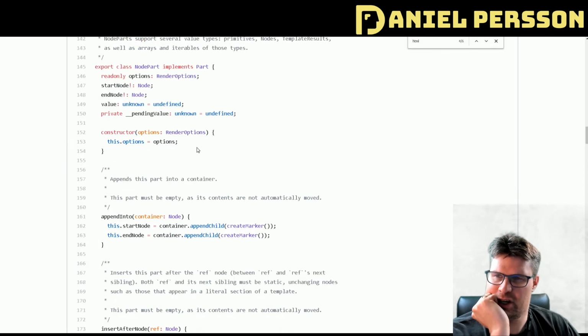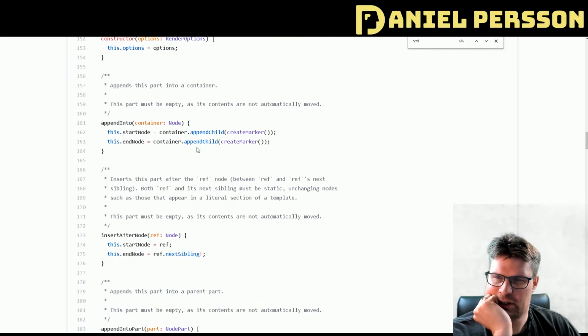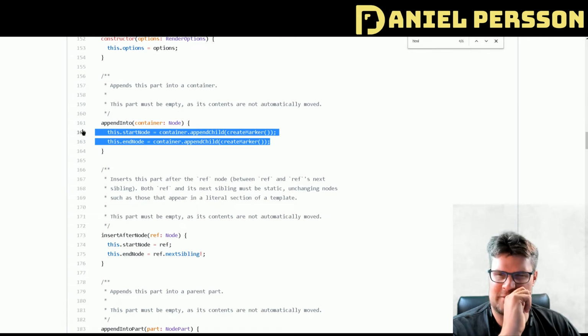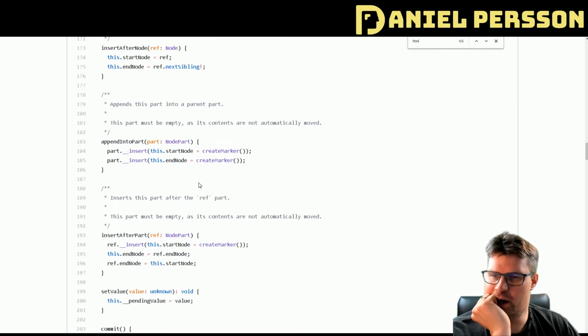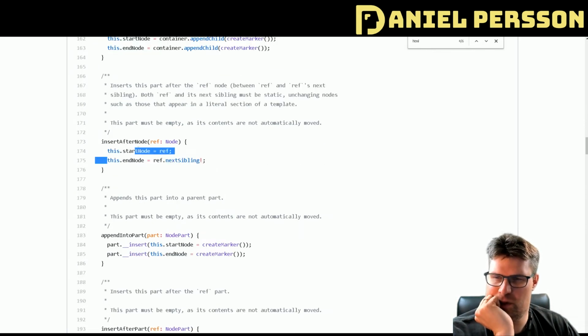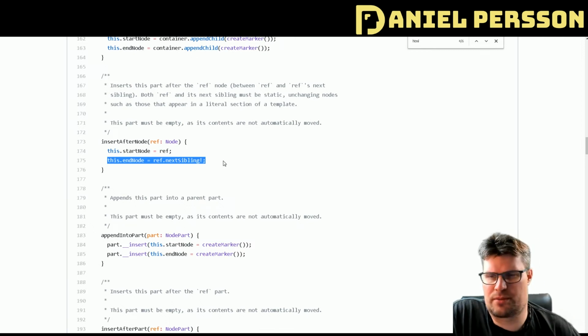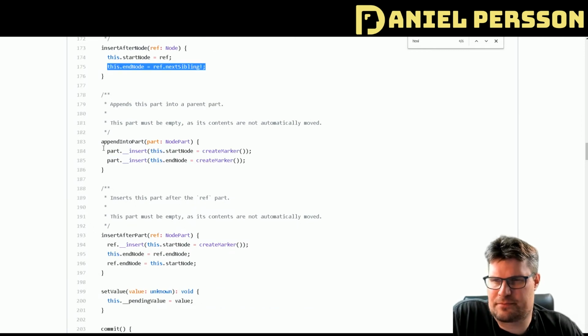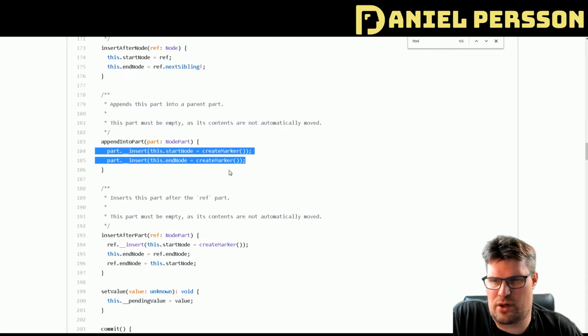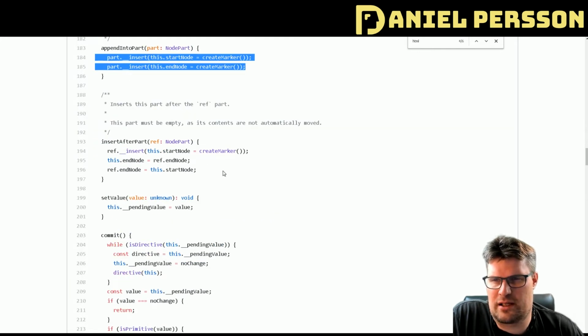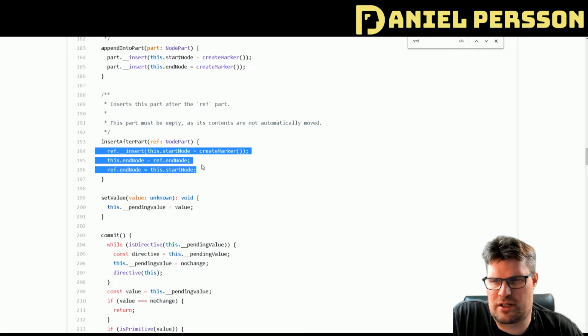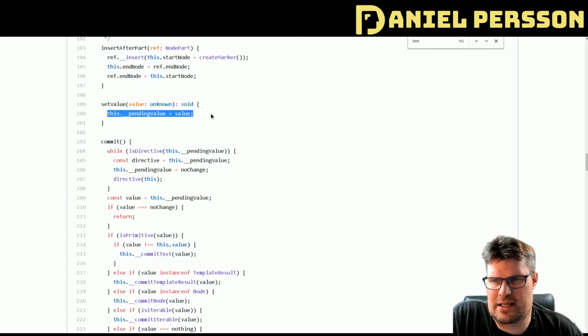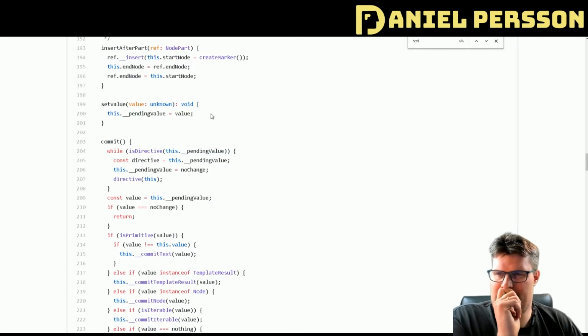So why do we change the marker if we add a node after? I would see that we only change the end node. And here we have append into part. So we have a node part, and then we will insert and create markers around those. Insert after part and set value, pending value,